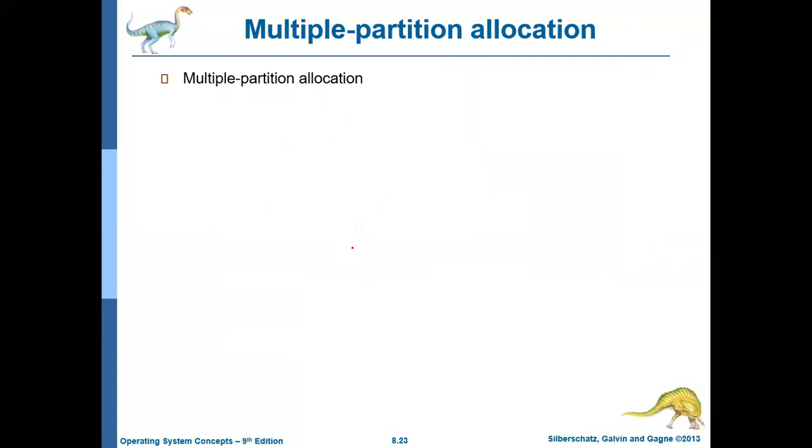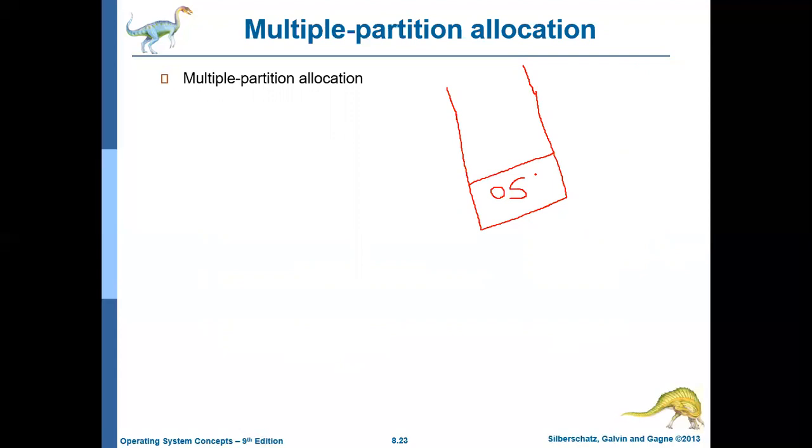Fine. So next we'll be discussing an important concept which is called multiple partition allocation. So far what we have understood is that the operating system will always occupy the lower part of the memory, or lower addresses of memory. The rest of the part will be left for the processes. And we have also discussed that the operating system size may grow and shrink depending on the transient programs, and that will be adjusted by immediately updating the respective value of the base register or relocation register.